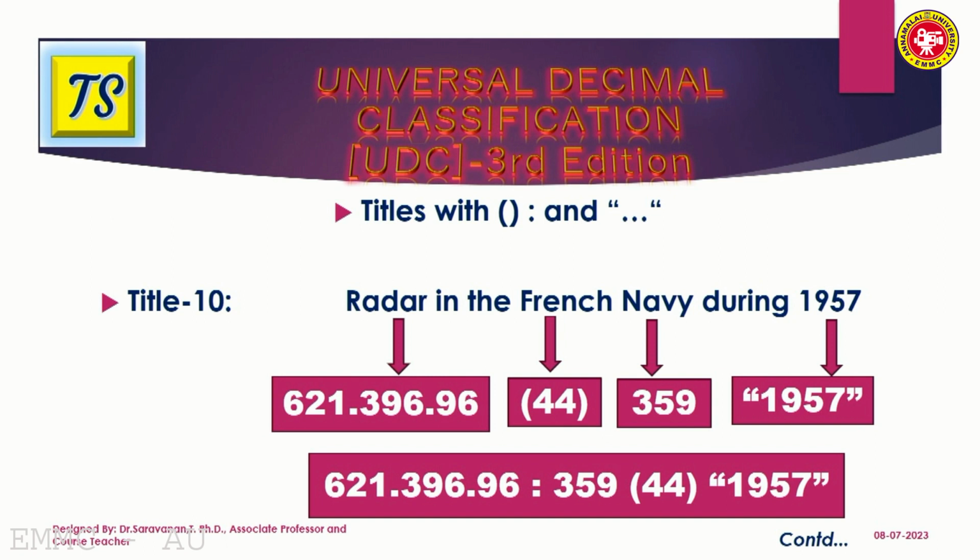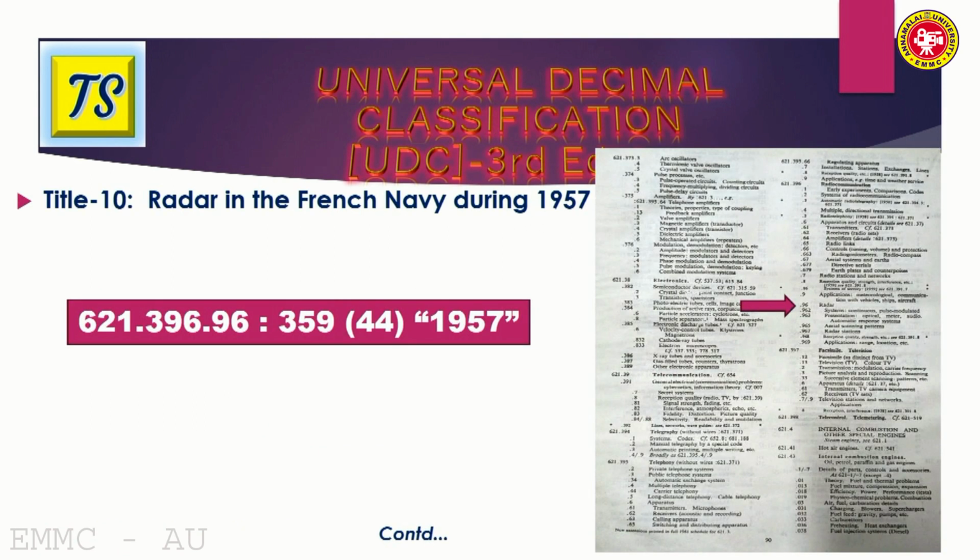So the place and the time should be arranged in the last part. So the final connecting method should be like this: radar should come first, Navy second, French third and year fourth. See, the radar number has been selected from page 90. Visit page number 90, where you can find the notation